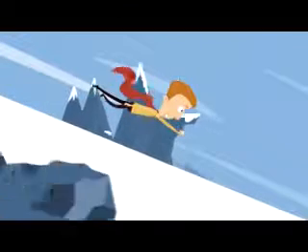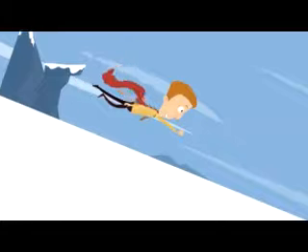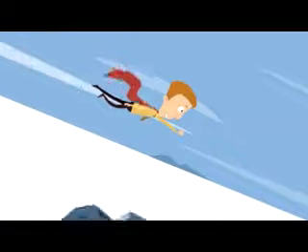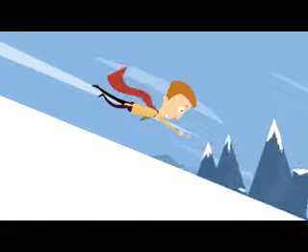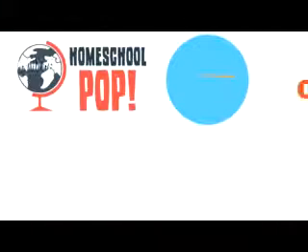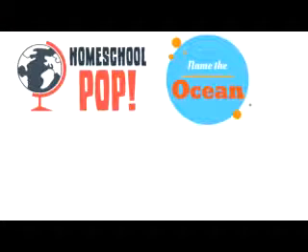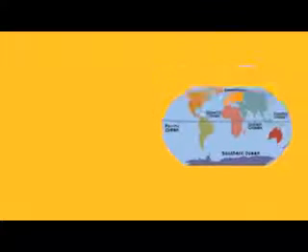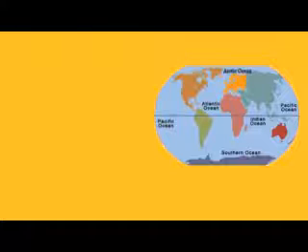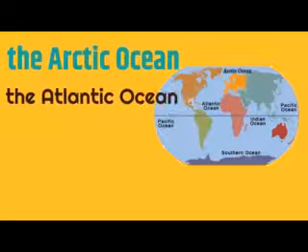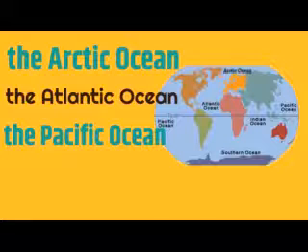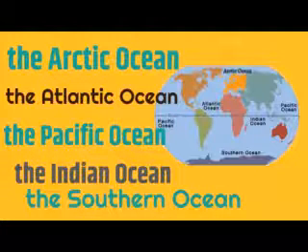Great! Well, now we're going to fly and glide into a game that's going to see how much you learned about the oceans. We're about to play a game called Name the Ocean. We're going to show you some pictures, and you let us know which ocean you think it matches. As a quick reminder, these are the 5 oceans of the world: the Arctic Ocean, the Atlantic Ocean, the Pacific Ocean, the Indian Ocean, and the Southern Ocean. Let's begin.